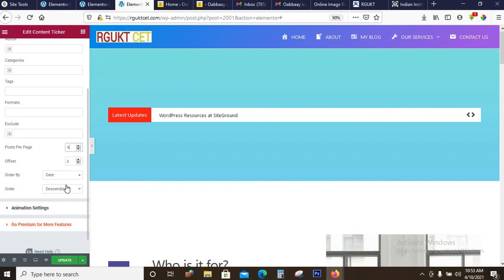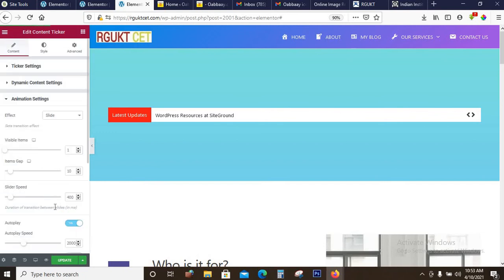Yes, order by date, order descending. Animation: visible items 1, and items gap is 10, slider speed is 400. Sorry, this is not 400 seconds, this is 400 milliseconds. And let us keep it. Yes, this is really cool. Slowly, isn't it? So it grabs the attention. Okay, auto speed